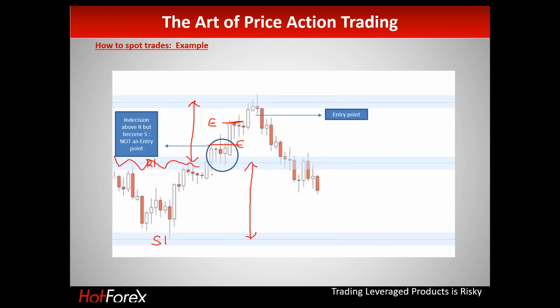So you can set your target based on the distance between the previous support and resistance level, or at halfway of this distance. It's up to you. But your stop loss could be set either at the previous resistance level, or slightly below it, just to be on the safe side.